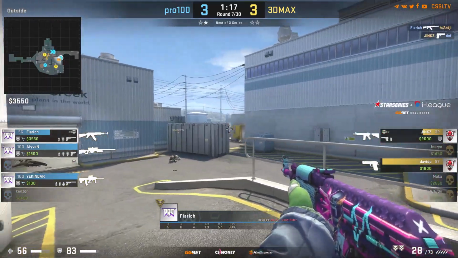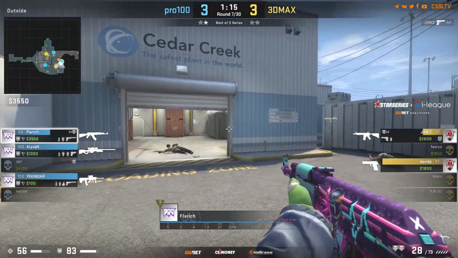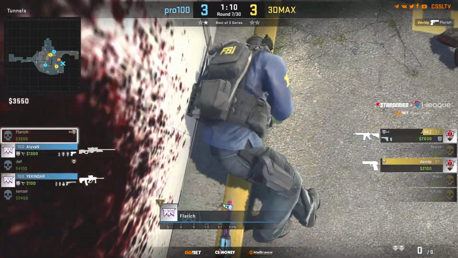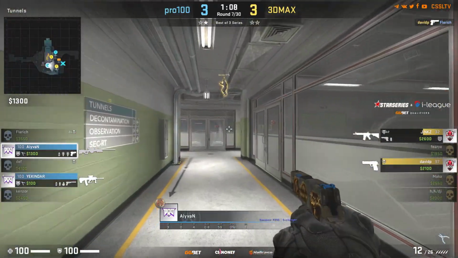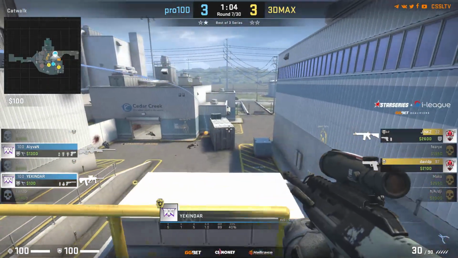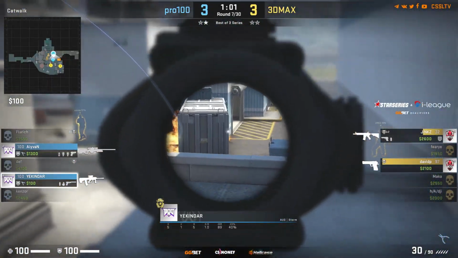Jinx will actually be able to trade a frag back. David.P is stuck inside the secret position. Was he spotted there by Flarich? He definitely wasn't, and now into a 2-on-2. It actually looks like somewhat of a winnable situation. As David.P